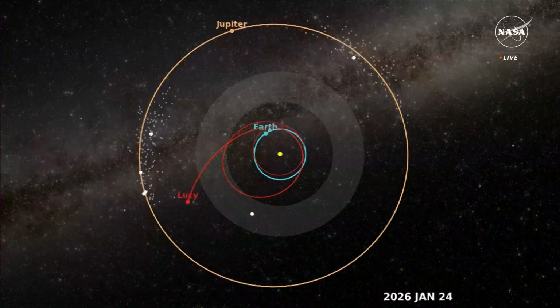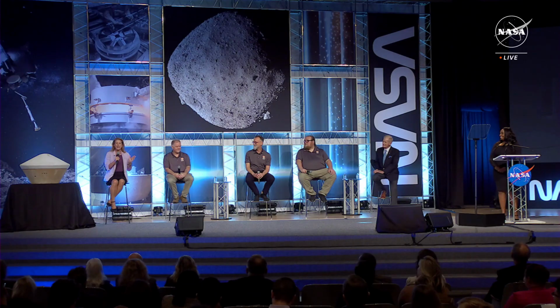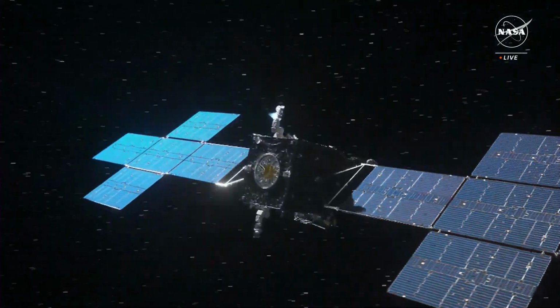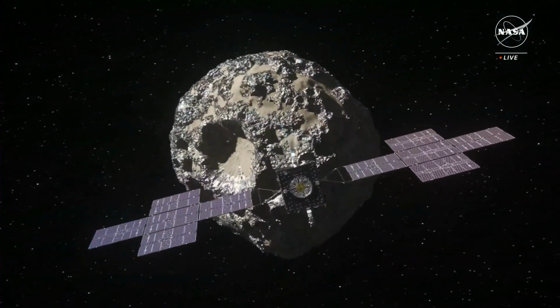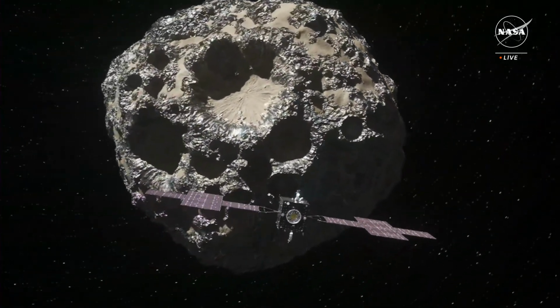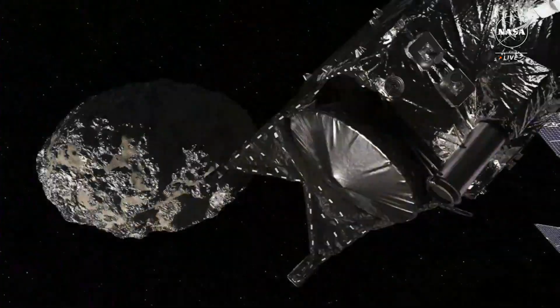And then finally, the big one that Administrator Nelson also mentioned is that we have a mission called Psyche going to visit a unique asteroid, one of only 9 out of several million asteroids that we believe are out there. There's only about 9 or so that we've discovered so far that we think are really enriched in metal, iron and nickel. And so the Psyche mission is going to go visit that asteroid, 16 Psyche, and we hope to